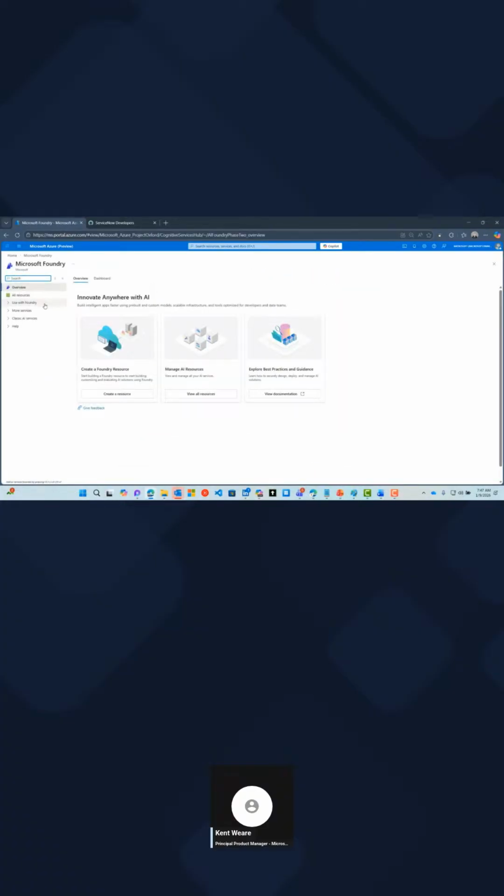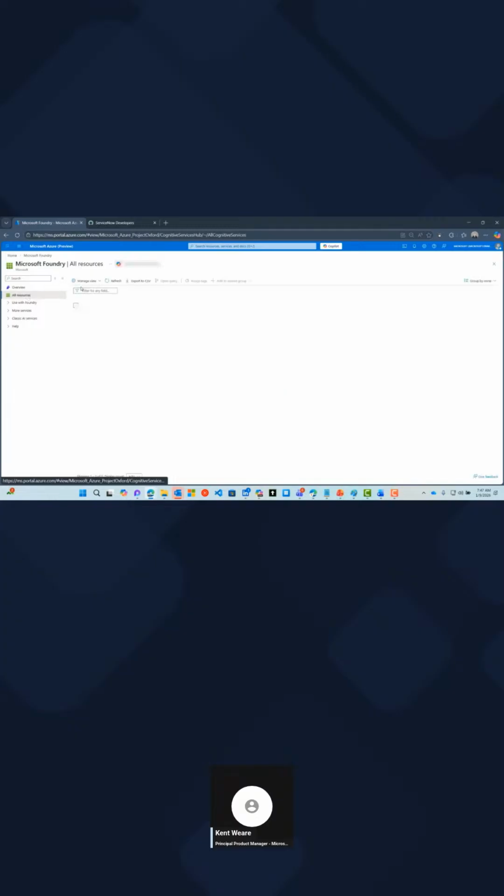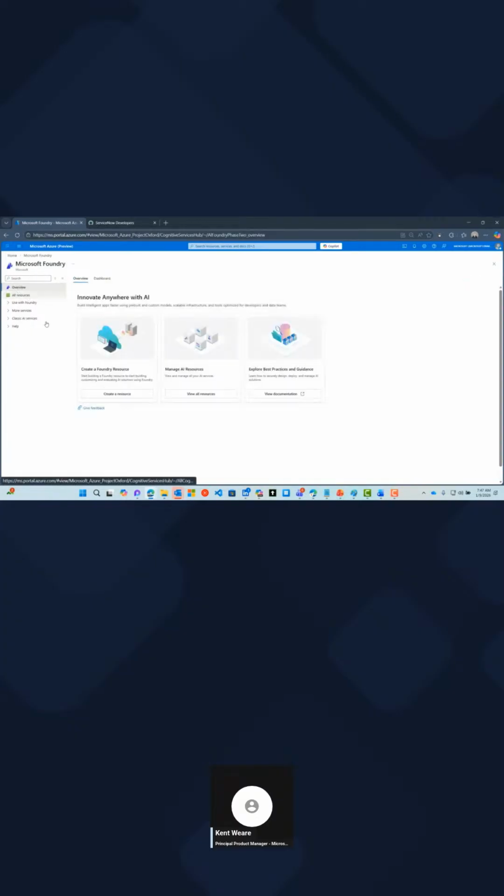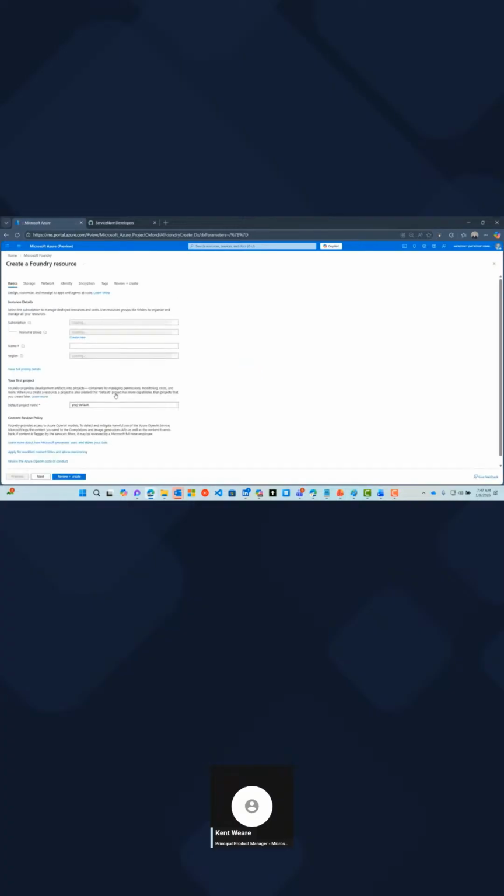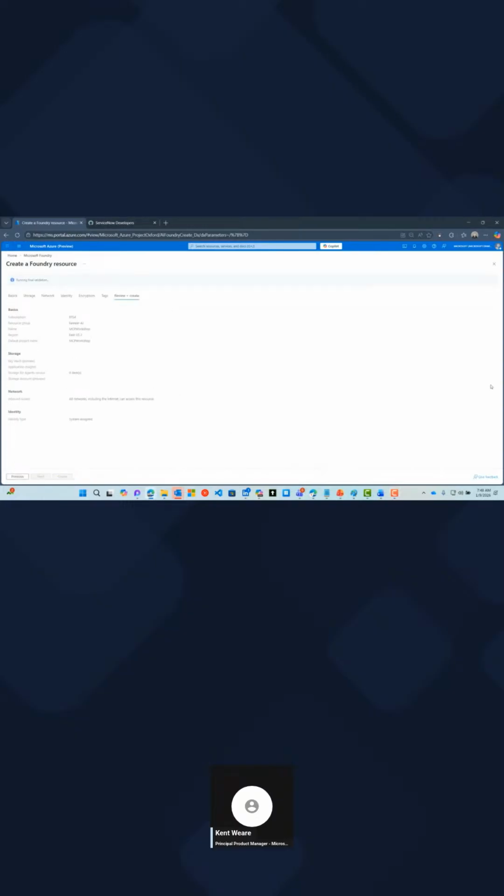Now, to get started with Microsoft Foundry, we do need to create an instance. So we'll head to the Azure portal, and this is where we can go ahead and create a resource. So this will just follow our sort of traditional steps where we need to select a subscription, resource group, etc. All right, so I've just filled in my details, and I can also go ahead and provide a project name, a default project name. So we will just go ahead and enable that.